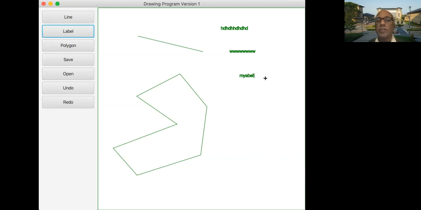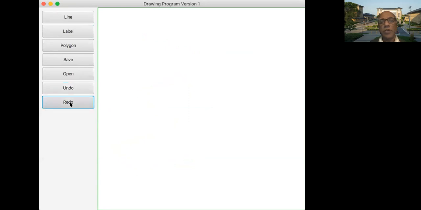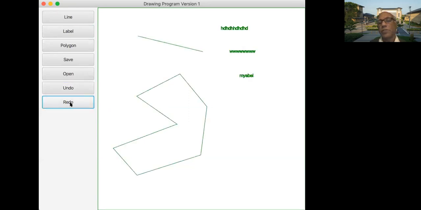And if this is my last label, I can right click and then the label creation is over. I can undo these actions and redo them as I please. Okay, I can save